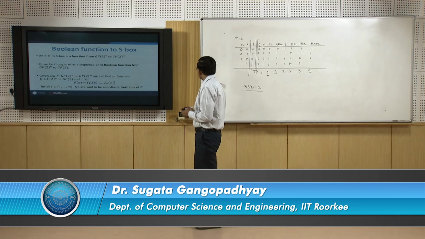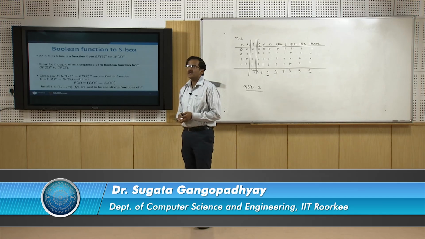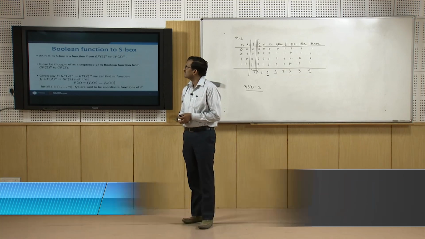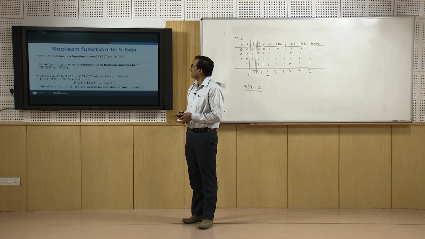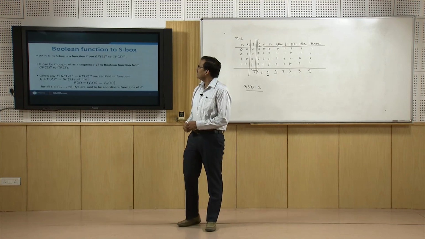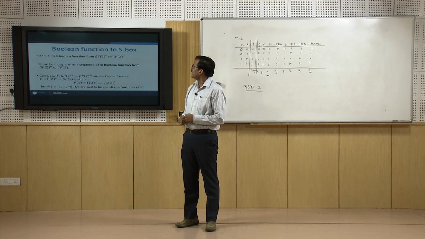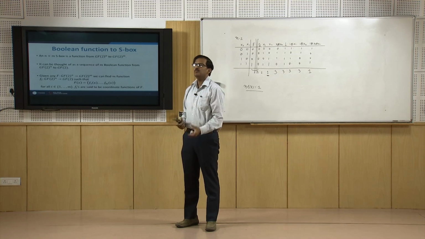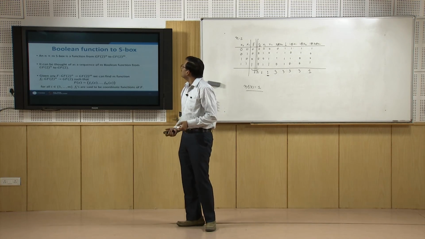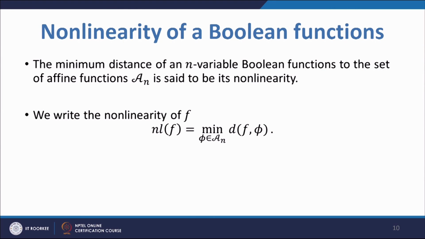Now, the question is, how do we connect Boolean functions to S boxes? The answer is in this slide. Suppose I have got an n by m S box. So, that S box is taking n bit input and giving me m bit output. So, I can consider that S box as a function from GF2 to the power n to GF2 to the power m,